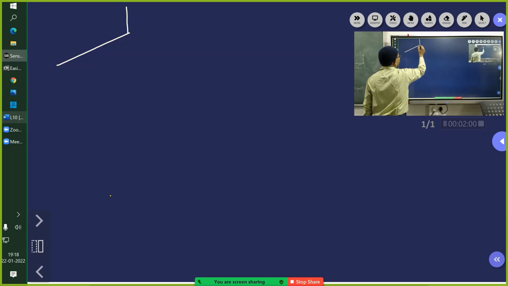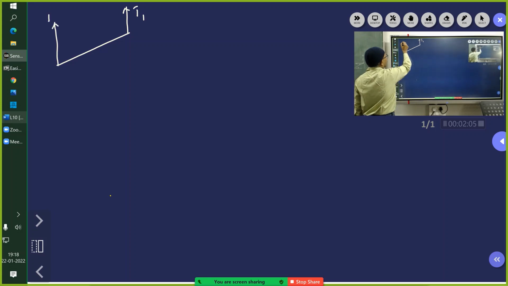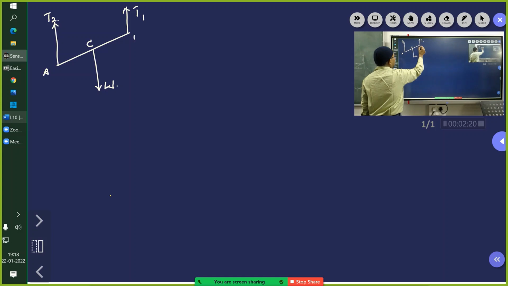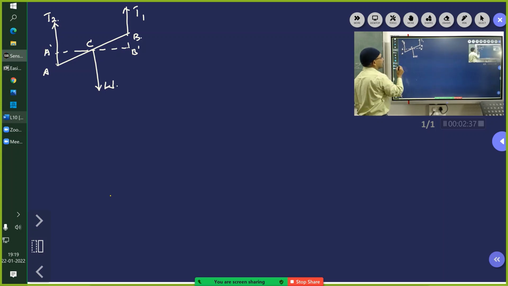For the condition for equilibrium, we have two tensions here, tension T1 and tension T2, and the weight vector is down. This point is A, this point is C, and this point is B. If I take the moments about A, this is the perpendicular distance. We call this point B dash and this point A dash. So if I take the moment about A,